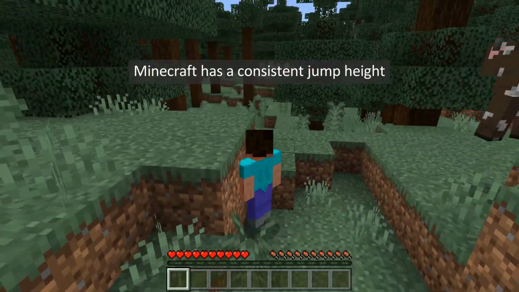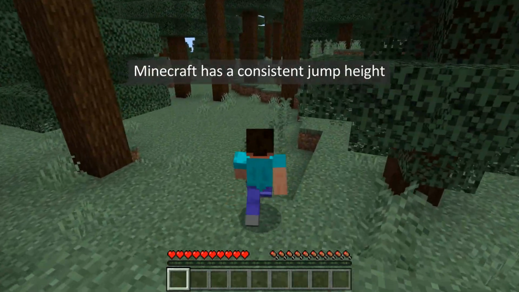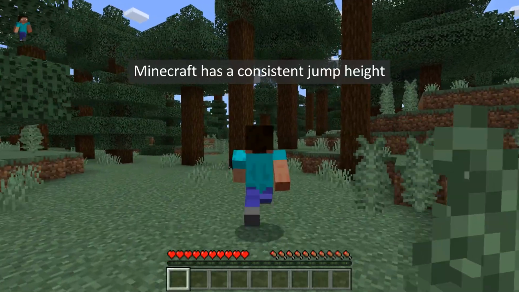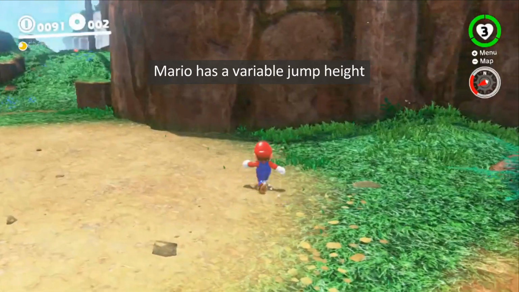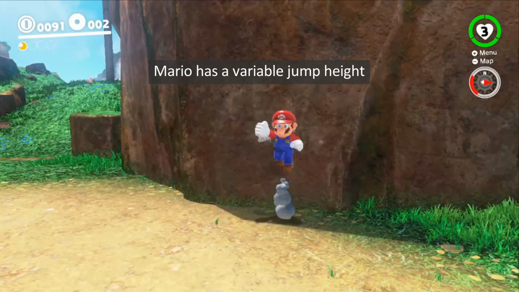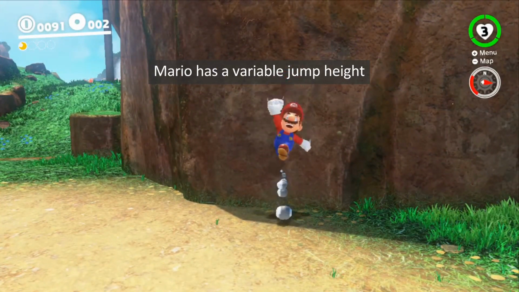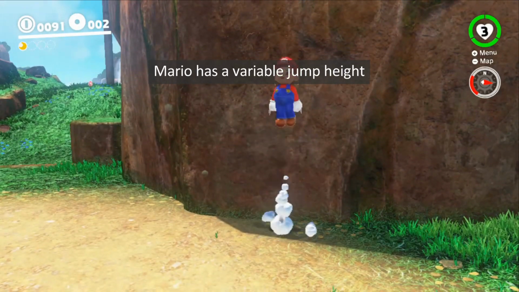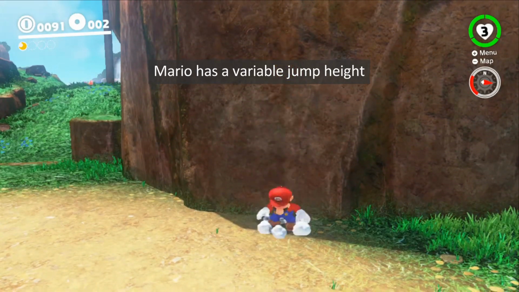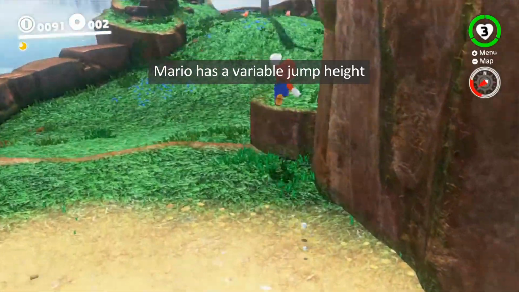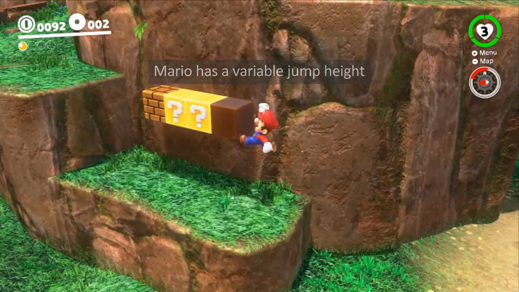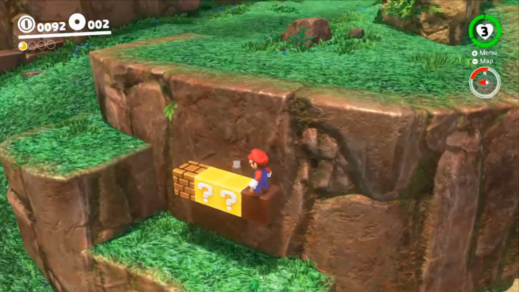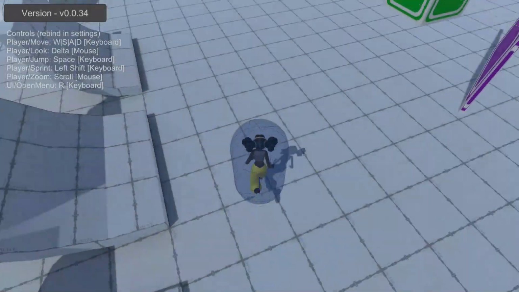The difference between these two is that a consistent jump is the same height no matter how long you hold the jump button, like Minecraft. This is what I use in my project. A hold jump allows you to jump higher when the hold is longer, think like Mario. These two kinds of jumps have different uses for different games. A hold jump allows for more precise controls and greater depth of challenges, although different games have different requirements. I find hold jump to be a bit difficult for newer players to understand, so I've left it out of my project for now. But the code is adjustable and could be expanded in the future.